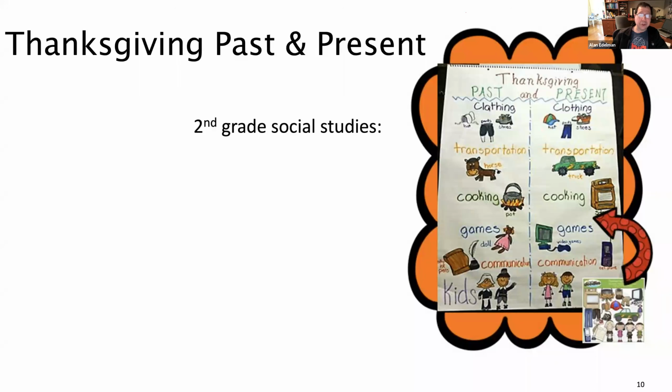If you're not familiar with these supercomputing conferences, they're given every year, and it's always the week before Thanksgiving. So it's always in November. Knowing that everybody was in the Thanksgiving-is-coming mood, I decided to pull a graphic of a second grade social studies exercise that maybe you did yourself when you were little, or maybe you have children who have done this, to compare Thanksgiving past and present. In the past you have what clothing used to look like, and transportation, and so forth. And in the present, what clothing looks like, what games children play, and so forth.